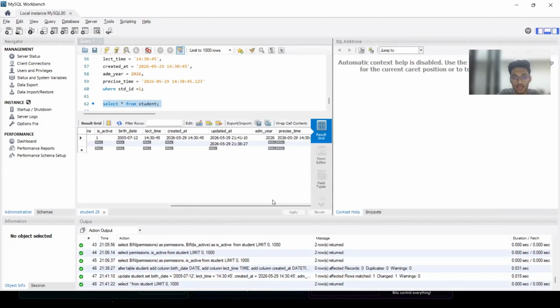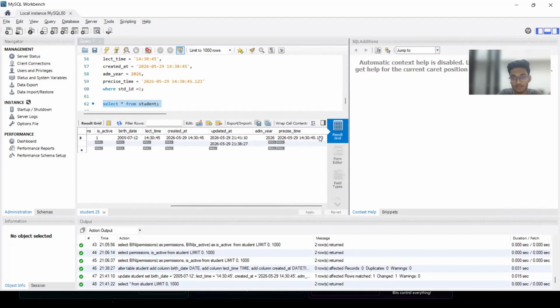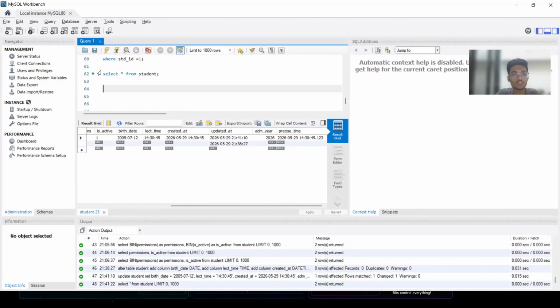And then the admission here, precise time. This also can be seen here in milliseconds. Okay. So now, how to check the current time zone? Let's say I'm going to select